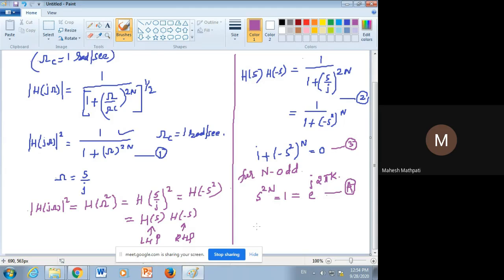So here I will write it this way: sk is equal to e to the power j pi k by n. The 2 cancels, and this n I am taking to this side. So sk is